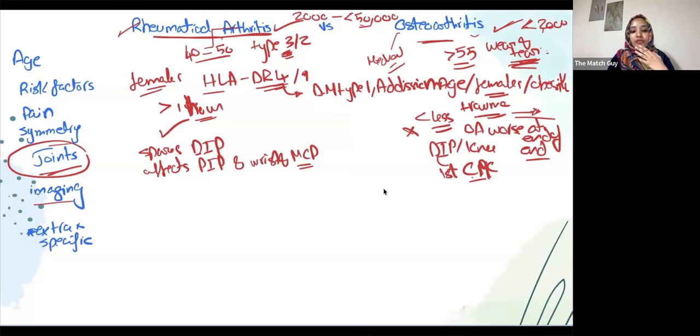For rheumatoid, let's start with rheumatoid. Are we going to see osteophytes, or are we not going to see osteophytes? Narrowing, okay, we said the narrowing. So that is correct: we're not going to see the narrowing, and we're not going to see the osteophytes. Osteophytes are more